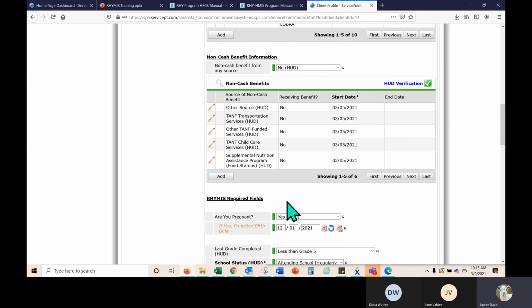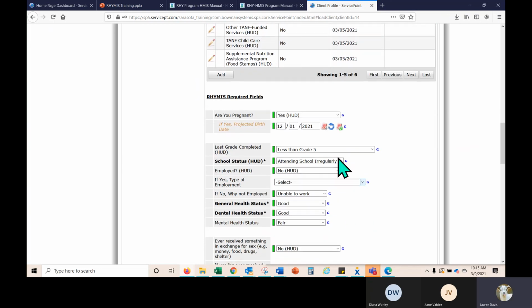We will then see, because we entered that information in an interim, that it carries forward. This information was previously entered, so we'd still want to ask the questions.